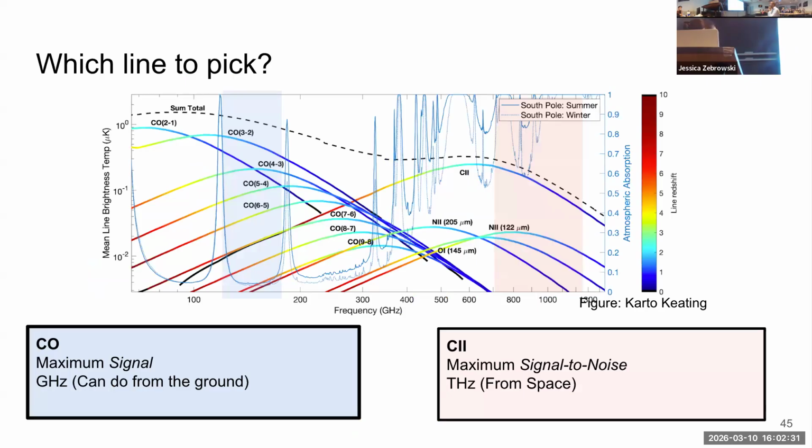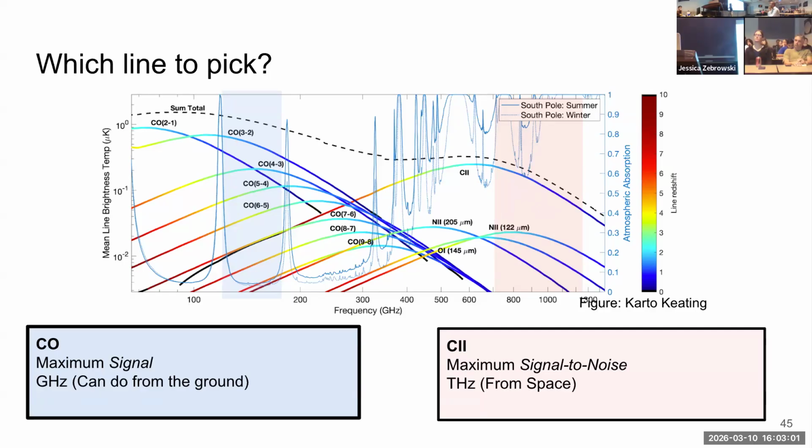So you might ask, all right, I get the basic premise of line intensity mapping. Which line should I pick? Here's a bunch of the familiar lines that people who do line intensity mapping talk about: CO, C2, nitrogen, oxygen. In my mind, there are really two places on this plot that make sense to look at. One is you just say, I'm going to look where it's brightest. I'm going to go for the maximum signal. And if that's the kind of argument that resonates with you, you're looking at CO.